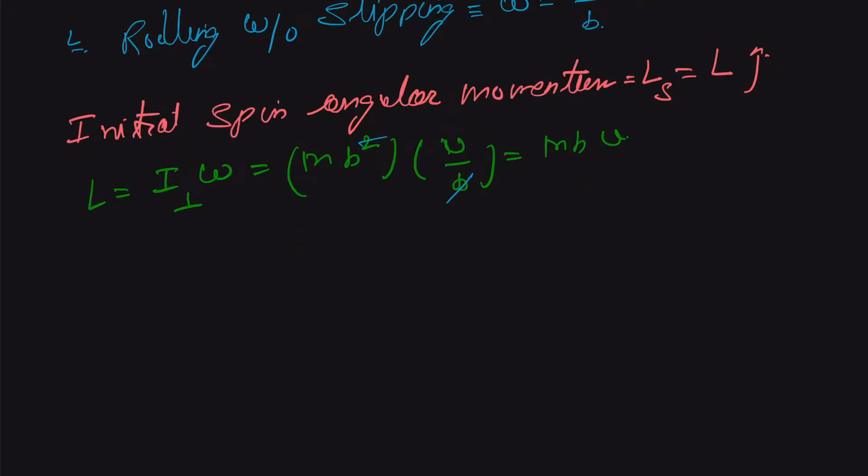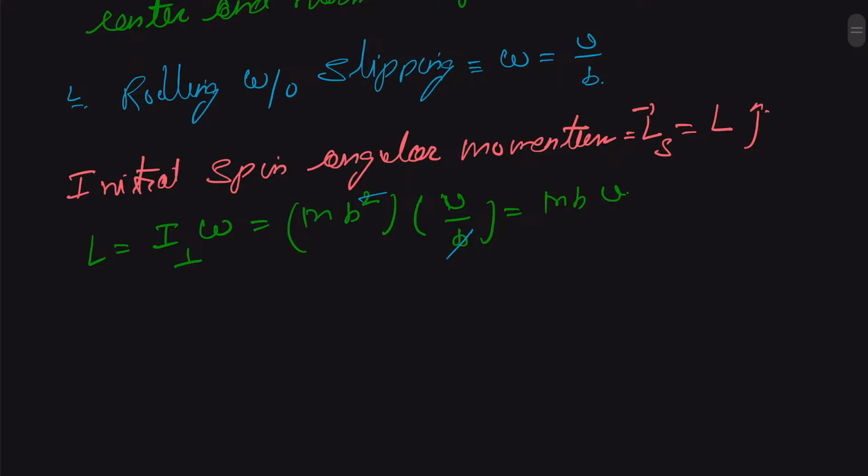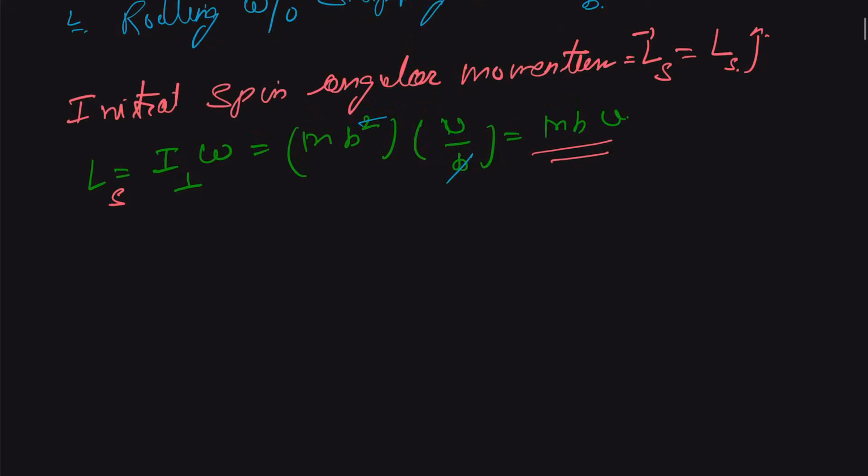This is a vector notation, and this is magnitude notation, so this will be LS. So we get MB multiplied by V. Now we come to the deflection in the angle, and this deflection in the angle we can